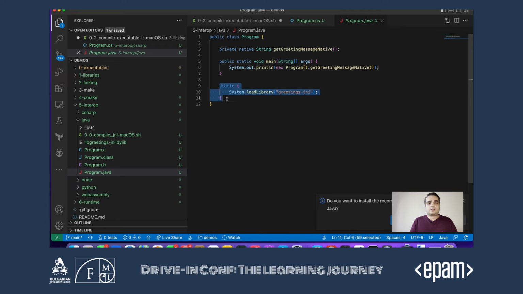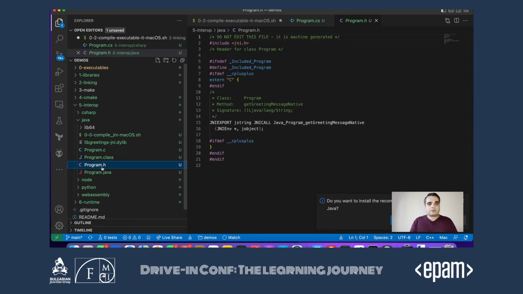Then we need to statically call, once, when we load the program, System.loadLibrary and give a reference to our glue code. So this is not the actual library that we have. This is a glue code library, and we need to implement that glue code library ourselves. Now, I think it was javac -h that can produce an automated header for the glue code.